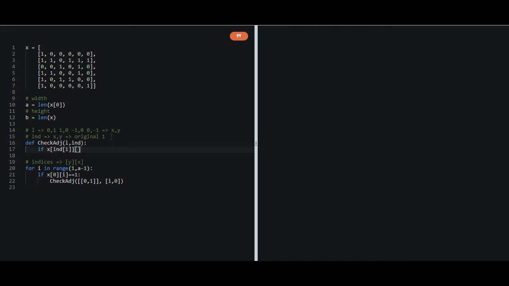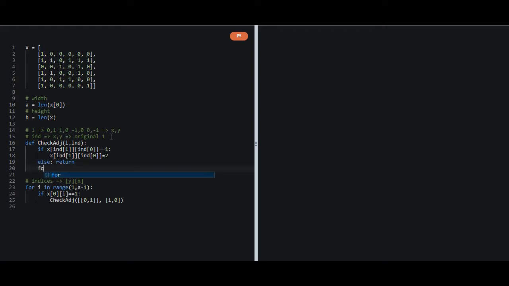So now let's begin with writing the function. This is the main function that we have to make. Rest all is just application of the function. So if we find a 1 at this location, we can just rename it to 2. I have already told you about our strategy: we will rename all the non-islands to 2, and all the remaining ones would be the islands, and then we can differentiate between them. And if it is not a 1, then we can just end the function, because we don't care about zeros, we just care about the ones.